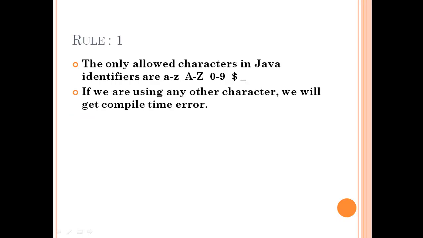Now let us move on to rules that define identifiers. So there are total 6 rules that we need to take care while writing an identifier. The first rule is that the allowed characters in Java for identifiers are small a to z, capital A to Z, 0 to 9, dollar and underscore. And we must take care that if we are using any other character apart from these characters, then we will get compile time error. So let us see